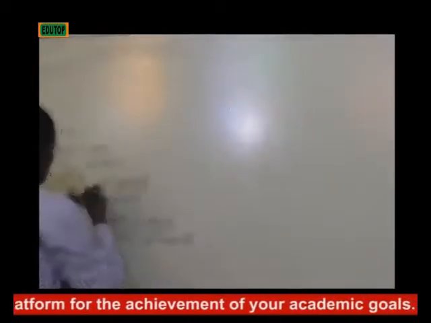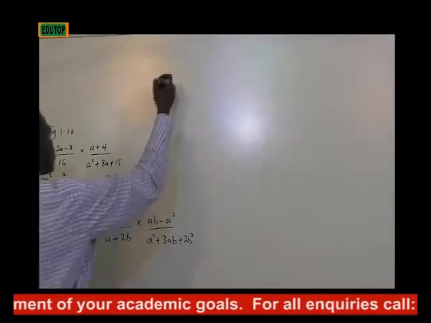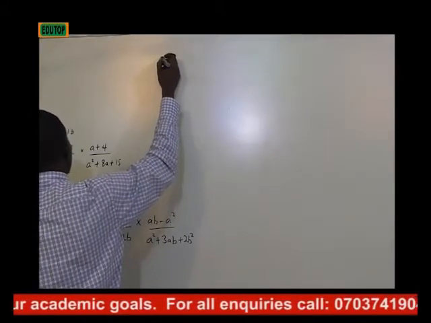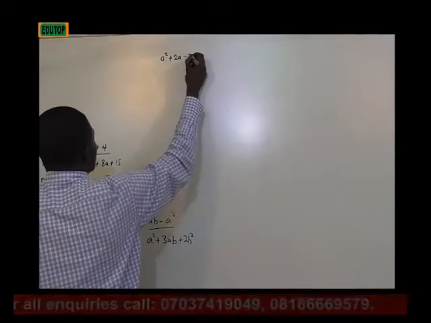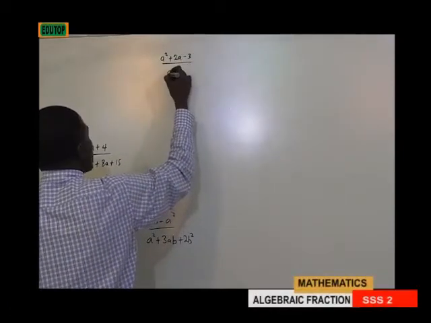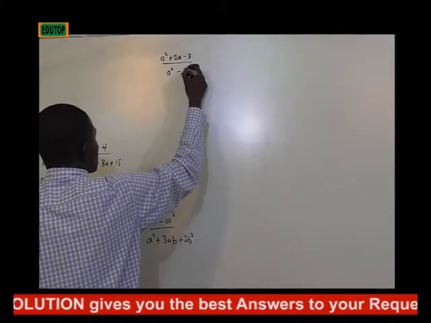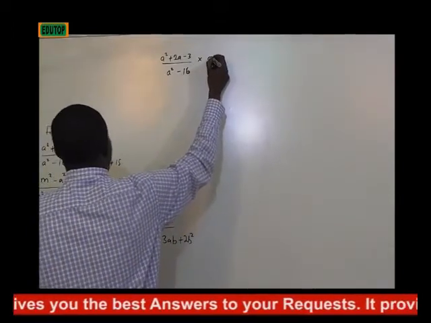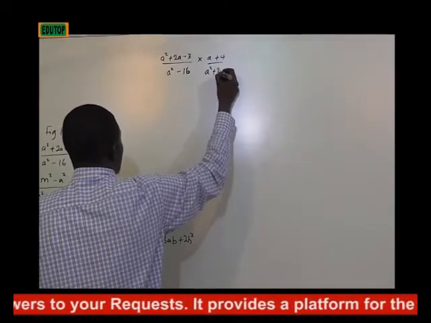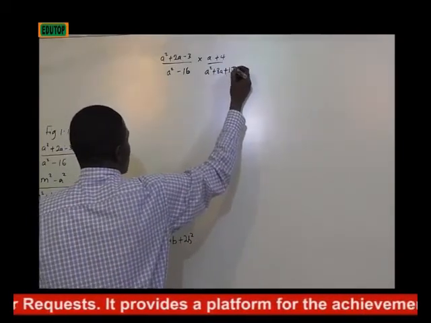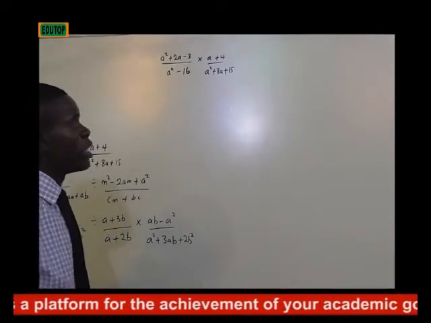Looking at the first question, we have (a squared plus 2a minus 3) over (a squared minus 16), times (a plus 4) over (a squared plus 8a plus 15). We need to solve this question in order